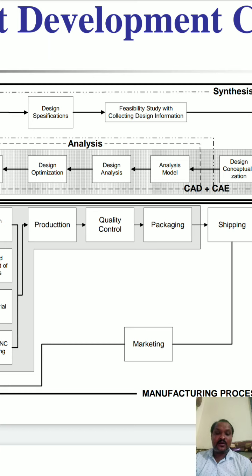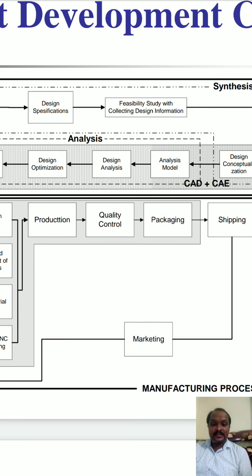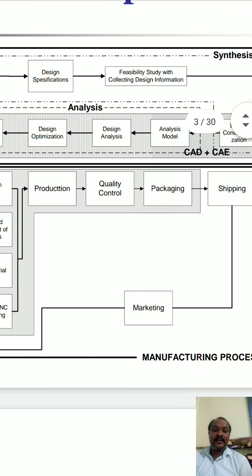So in checking that quality, you have two different types of quality control: NDT, that is non-destructive quality checking, and destructive quality checking. Destructive quality checking is checking the tension value, the compression value, that is strength, compression strength, tension strength, etc. That is called a destructive type of testing. It means if you are testing your material or product, at that time your product is going to vanish or break. So this is called a destructive type.